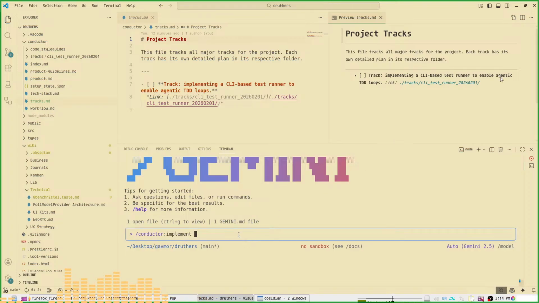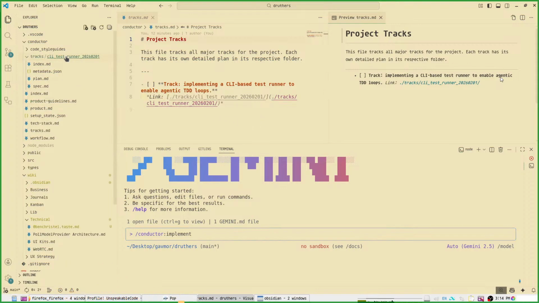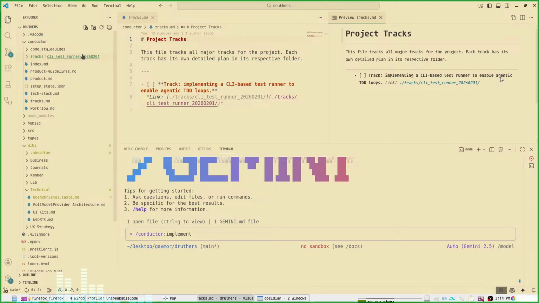Okay, so I suspect it's not going to be able to do the right thing based on just that. It's going to try to install Jest or something. So maybe we need a little bit more specificity. Okay. Track CLI test runner 2026, blah, blah, blah. So in here, you have, I'm probably what you're going to want. Yeah, that's there. There's only one folder, so